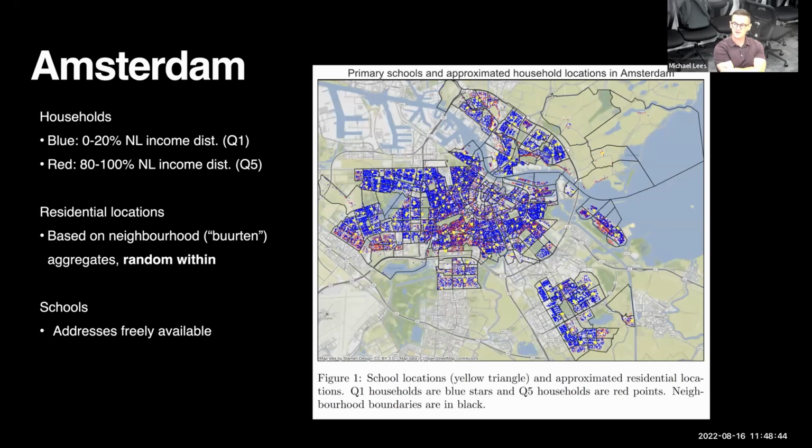So we've now been looking at the data from Amsterdam. This is a picture of Amsterdam. Amsterdam has this very strange structure, which is cut off in the middle. This part in the bottom right is part of Amsterdam, and this is based on income. You'll see the red area. This is an area called Amsterdam South, a very, very wealthy neighborhood. So we've been looking at income, and now not simulating residential segregation patterns, but the real residential segregation patterns, and then looking at how kids are going to school. We're simulating that, but also looking at real data to see what's going on.